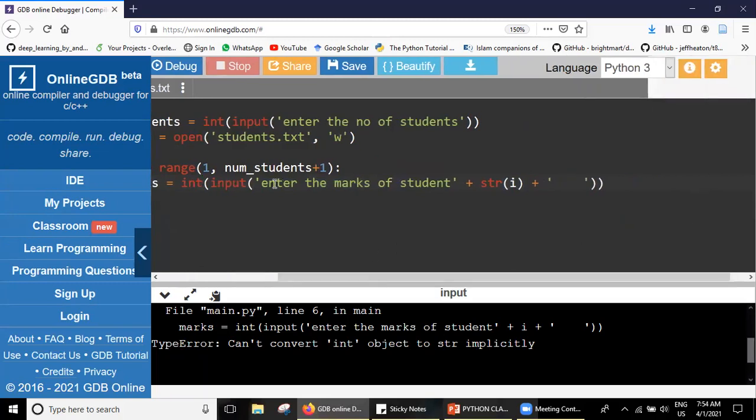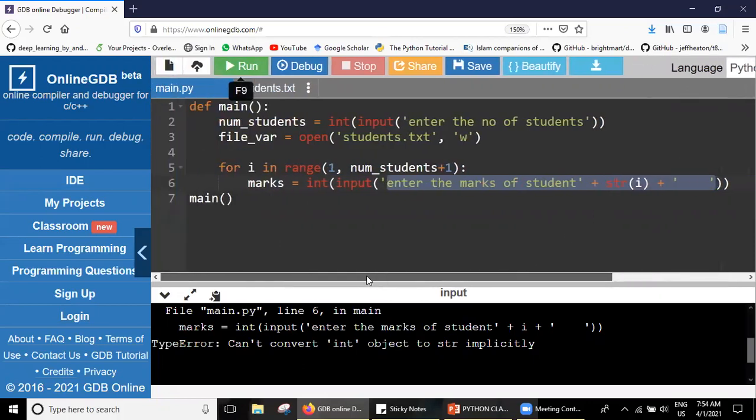But whatever we write here has to be in the string format, because the input will always take the string. We are explicitly converting the entered thing into the integer, but the thing that we write in this input has to be a string always. So I hope it makes sense for you.